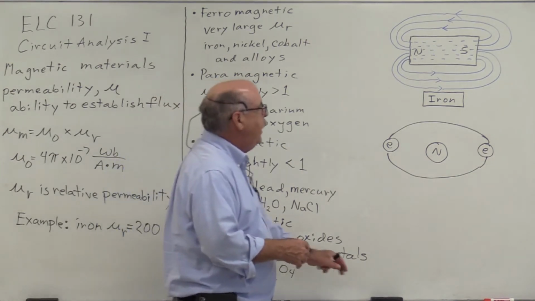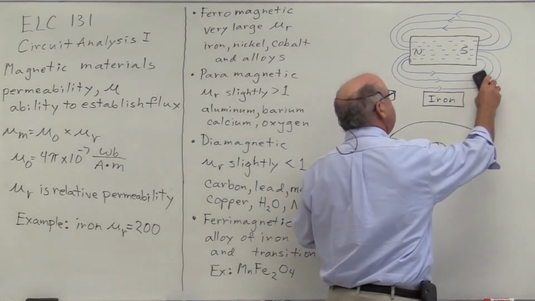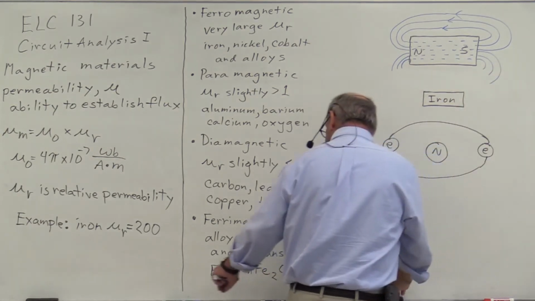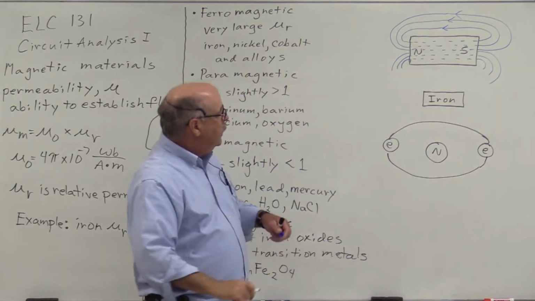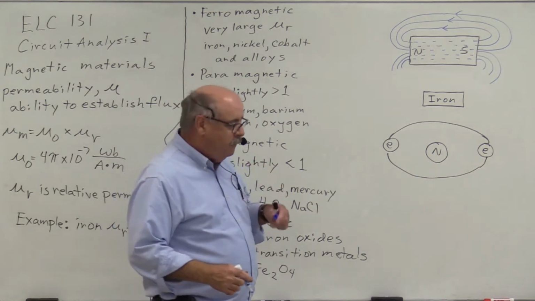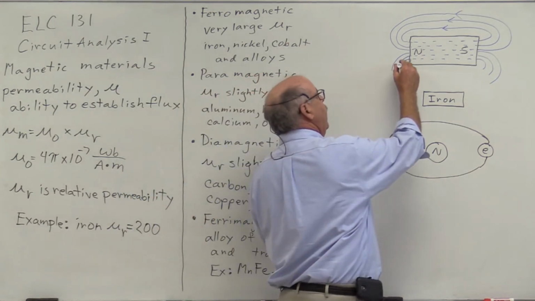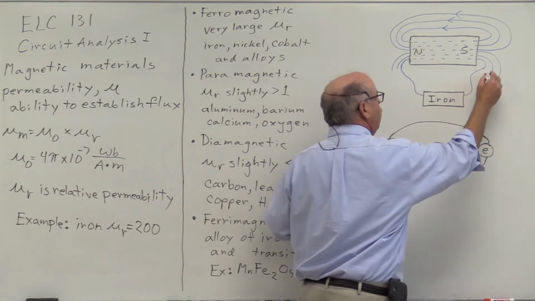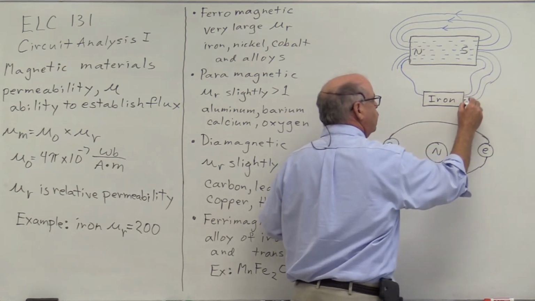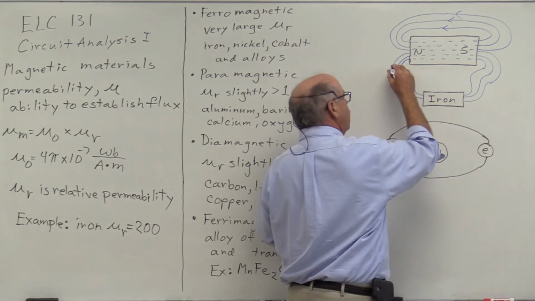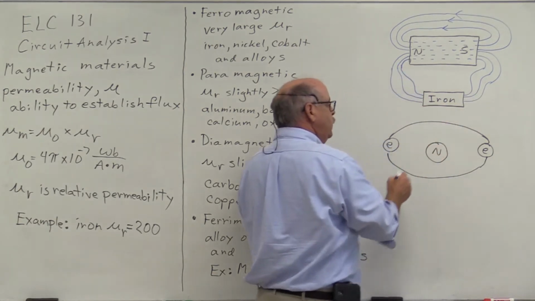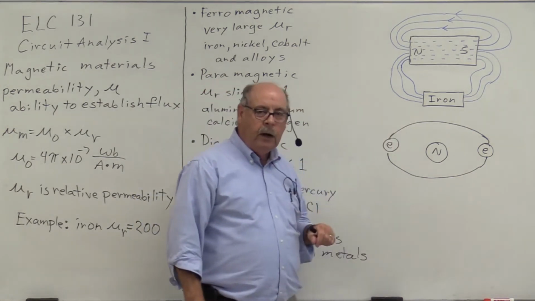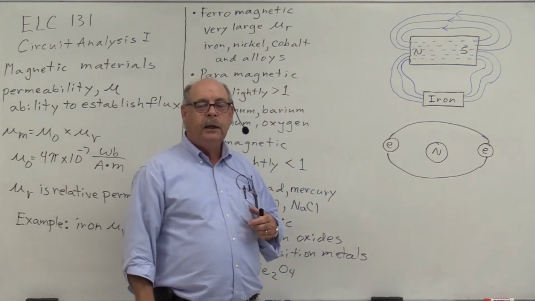So what we see happen is that this force around the permanent magnet will actually change its path to go through the iron because it's 200 times easier for the flux to go through the iron than it is to go through the